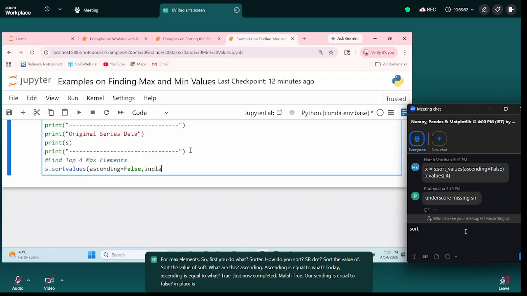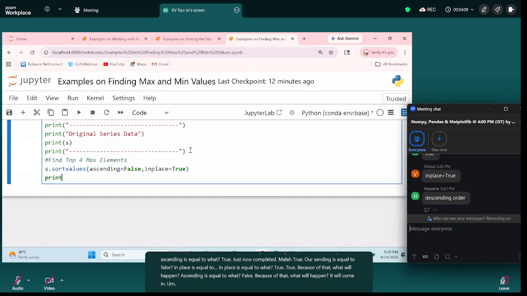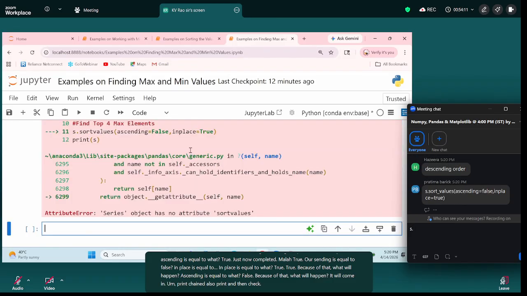Ascending is equal to false. In place is equal to what? True. True. Because of that, what will happen? Ascending is equal to what? False. Because of that, what will happen? It will come, print and then check. So you are getting